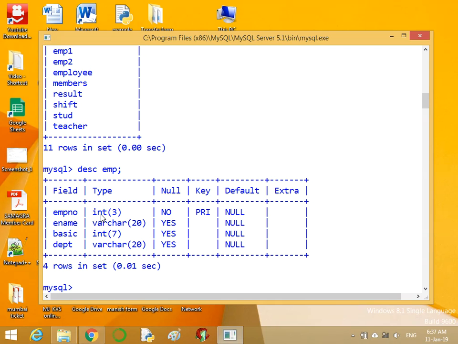Table structure means the field name and data type. It is the step when we decide to create a table emp: what should be the field names and what should be the data types. It is the first stage before creating the table. We have to decide the field names and their data types. In this case, in this table emp,